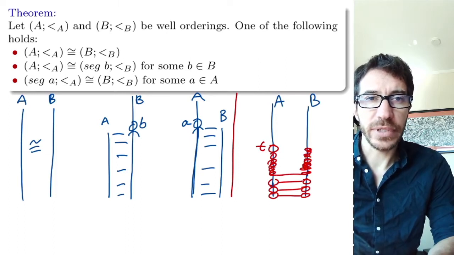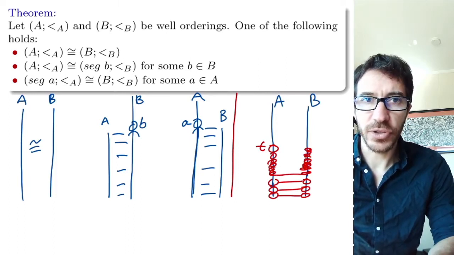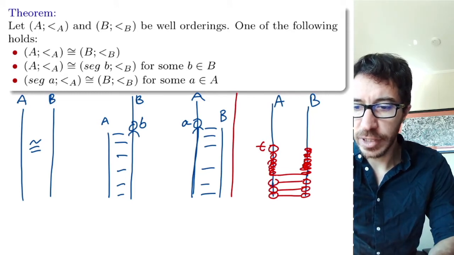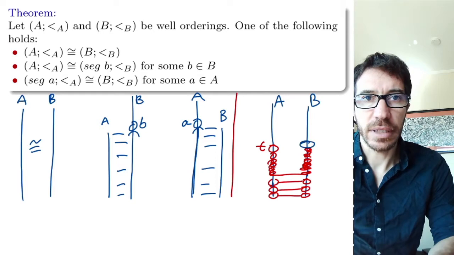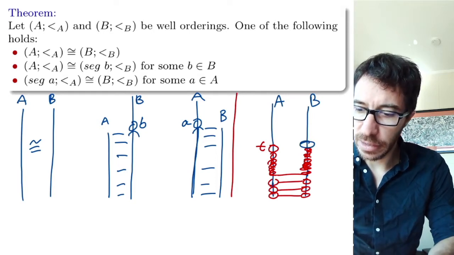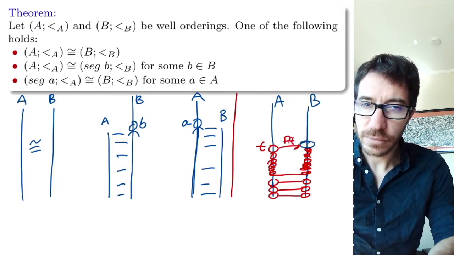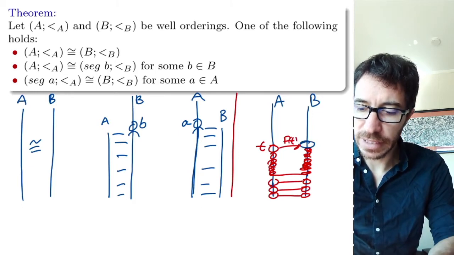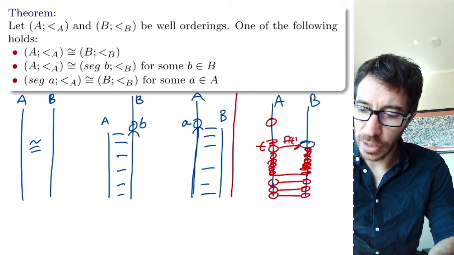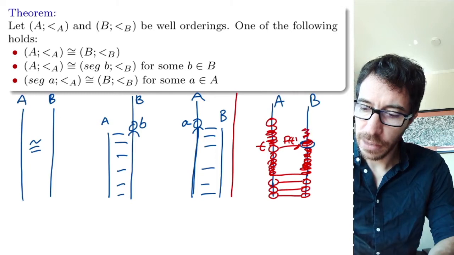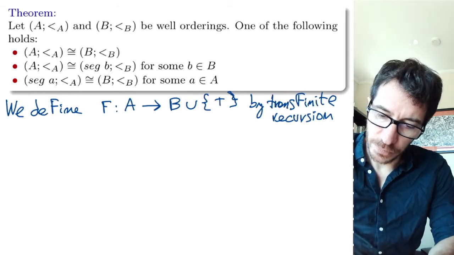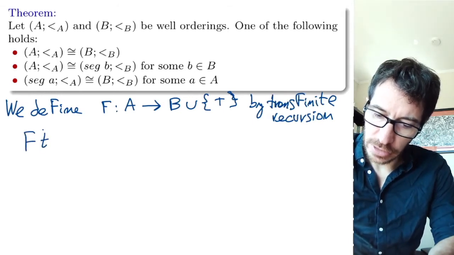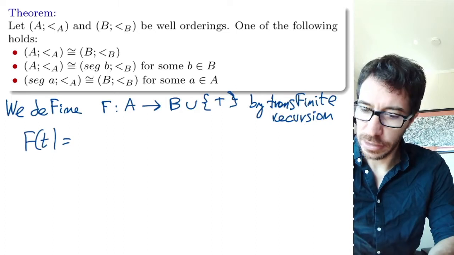And then we say, well, where do we want to map this new guy? Well, we want to map it to the first position that hasn't been mapped yet, right? And that's going to be our f of t. And then every time you take a new one, you look at all the images of the previous ones, and then you say first position that hasn't been mapped yet. So let's do that. So f of t is going to be the least